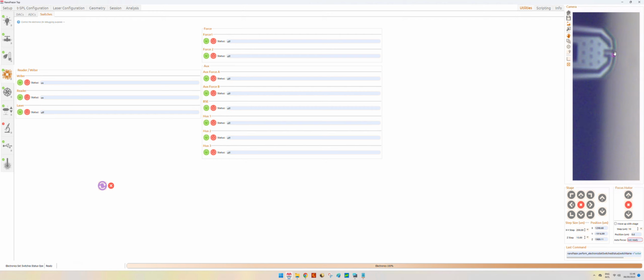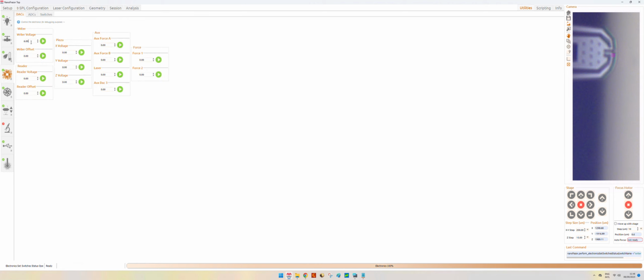You can also see that there is a small bending, that is because of the thermal bending due to the application of this voltage that leads to a very high heating of the writer.